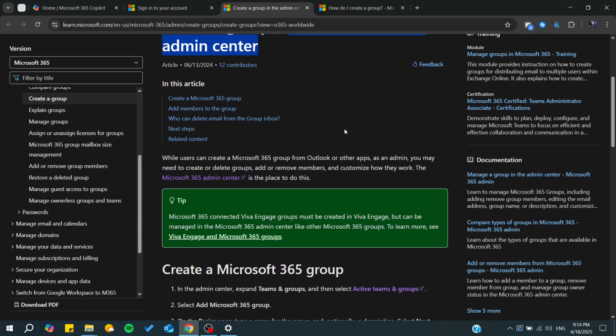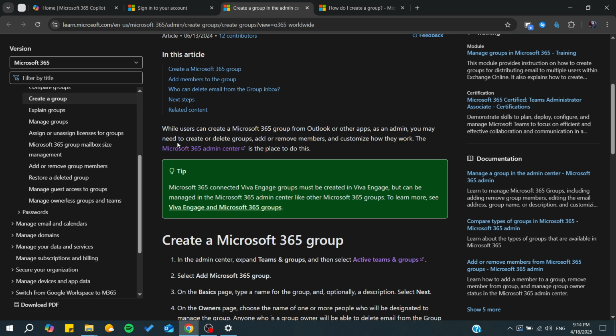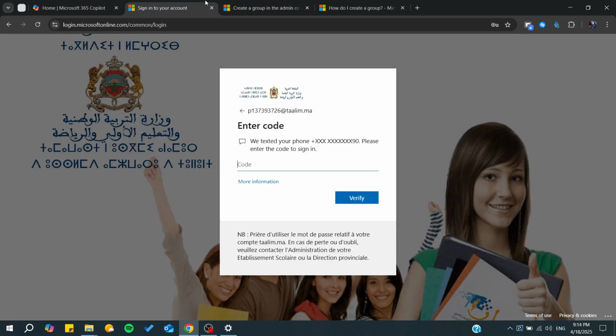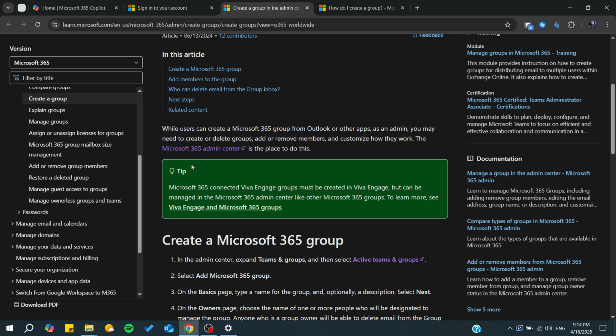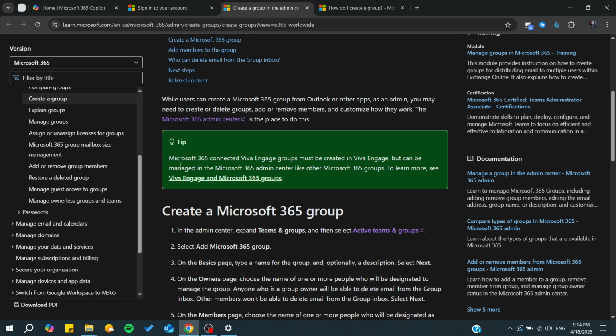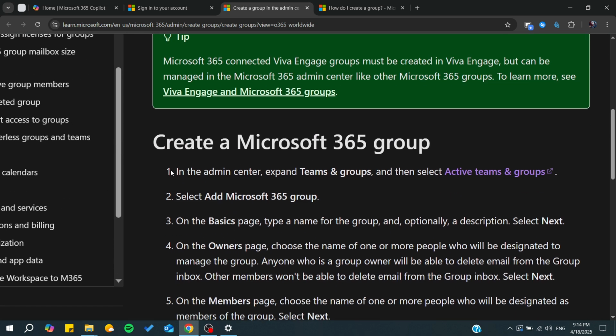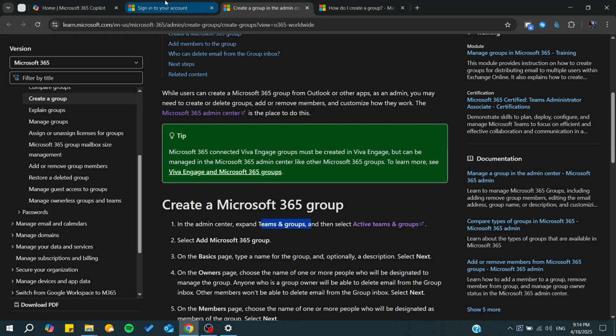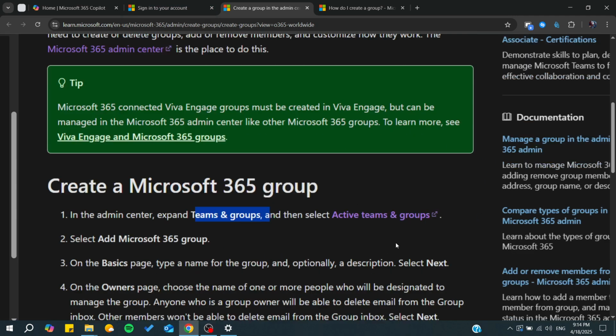So the first thing to do is to, of course, log in to your admin center. And basically, you will need to be the admin of your organization. Now that you are the admin of your organization, you will need just to log in to the admin center. And as you can see, you will be able to go to the teams and groups. So basically, you will have a tab for teams and groups, and then you will need just to select on